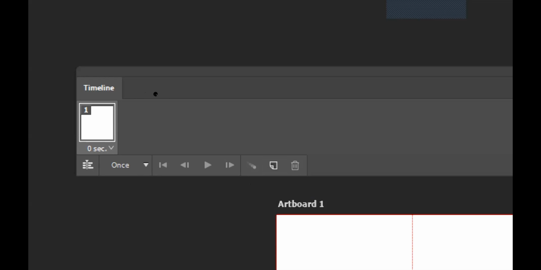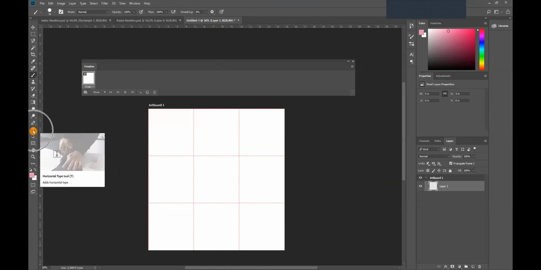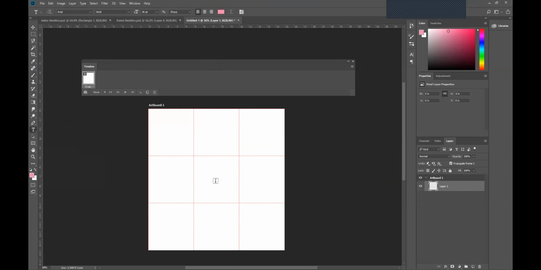So I'm going to zoom out. To do that, click your text tool, or your type tool. It's inside our toolbar here. Click the text tool, and then click at your document. I'm going to type,